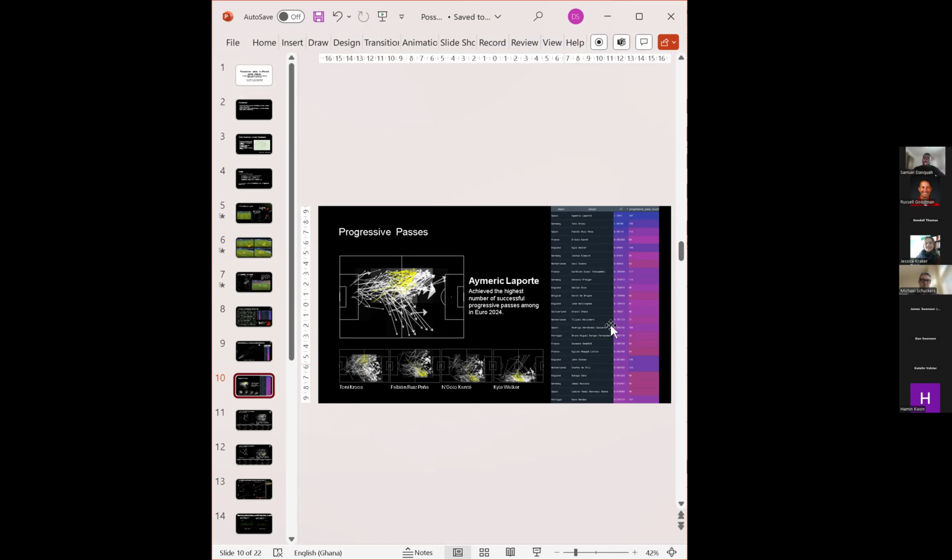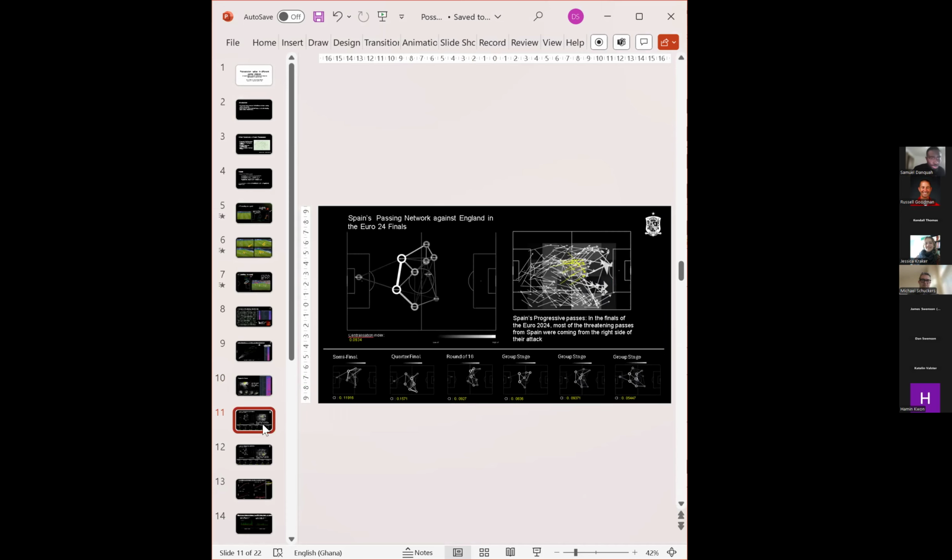So here, Laporta started off with Manchester City and currently is in Saudi Arabia playing somewhere else. And during his time with Manchester City, he is noted to have a lot of progressive passes and known to have a lot of build-up plays ending up in a goal-scoring opportunity. And it was no surprise to also see these two players on there from Manchester City who gave a lot of progressive passes, and these passes were pretty much threatening in a way. And Toni Kroos also represented them, Fabian Ruiz and N'Golo Kante also were represented very well on there as some of the players who did very well on the progressive passes.